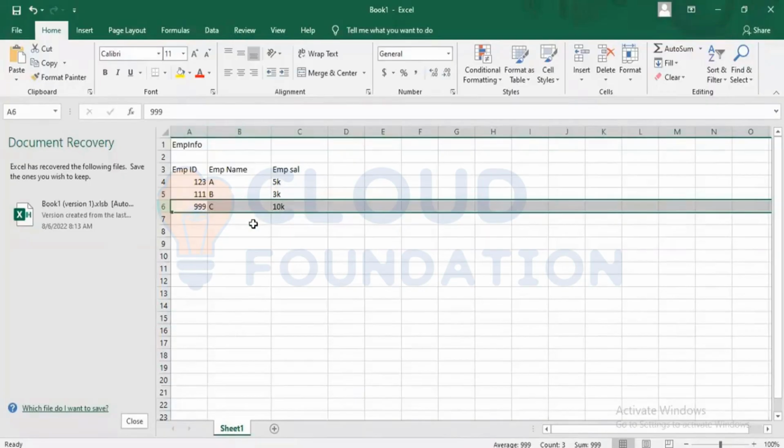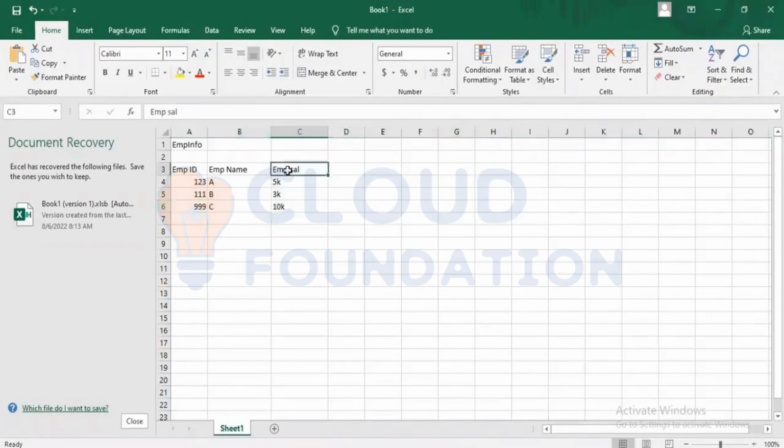If you have multiple records, a table of records, then you can sort this table on employee salary. It may be ascending or descending, again based on the requirement. You can sort it. First thing you have to understand is that only a page list